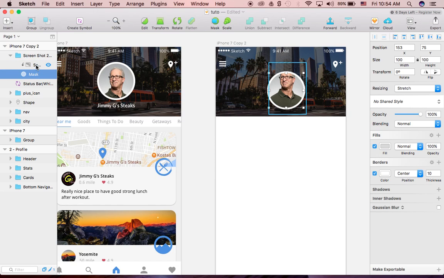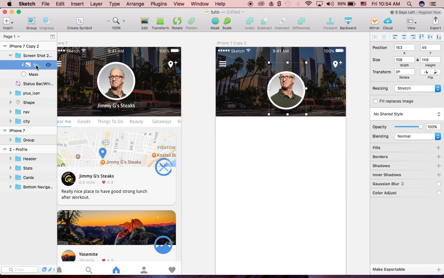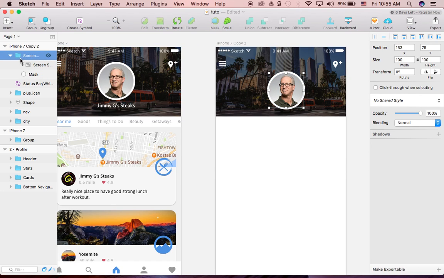Alright, by selecting only the image and holding the shift key and clicking the arrow key two times, that will jump your image down 10 pixels. If you don't hold shift, it goes down 1 pixel at a time, like 1, 2, 3, 4, 5, 6, 7, 8, 9, 10. If you hold the shift key, it will go 10 pixels up and down, and left and right also, right? So we're going to click that, and then by selecting this group,